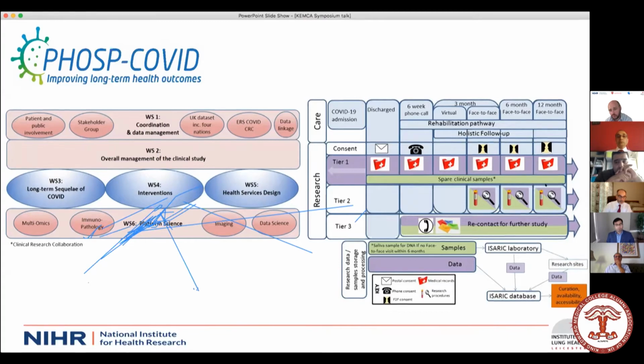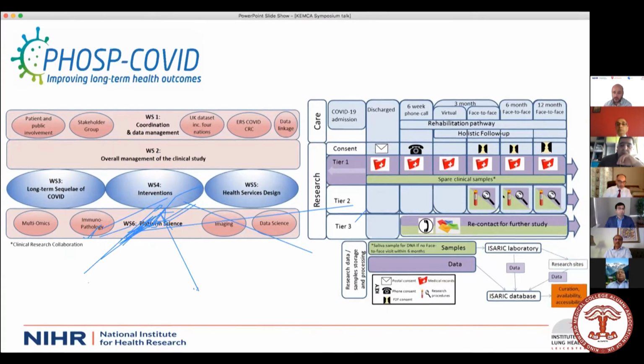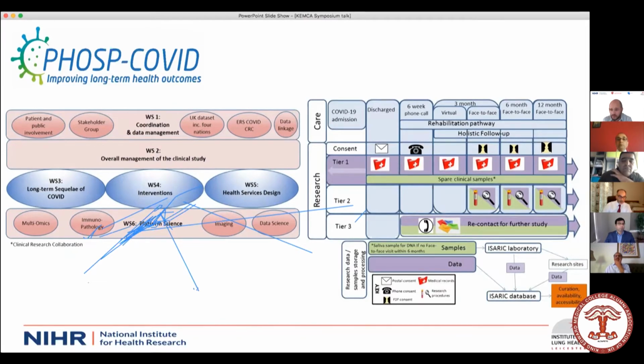Tier 2 will be following up other areas, and that's looking at things like sarcopenia, psychological impact, cardiac involvement, renal involvement. So a more in-depth phenotype of 4,000 to 5,000 patients. And then for the real experimental stuff, we're going to call back a few people into what we call tier 3, and that's where we'll be doing things like interventional studies, looking at real in-depth things like cardiac MRI, whole body MRI of brains and other blood vessels, looking at myocardial and skeletal muscle impacts, and seeing if there's something we can do.